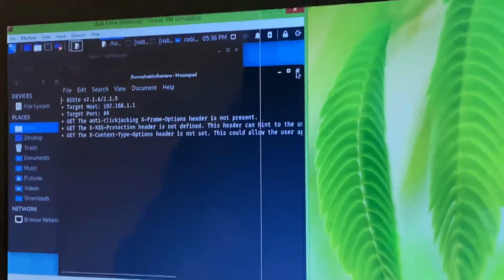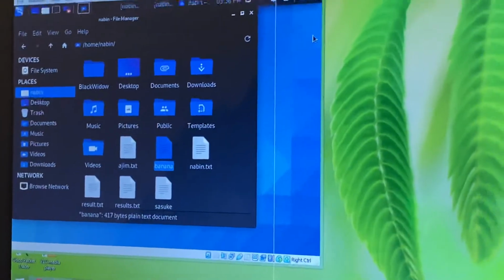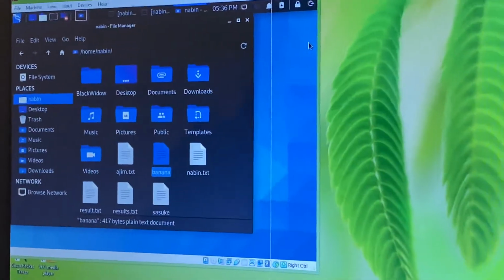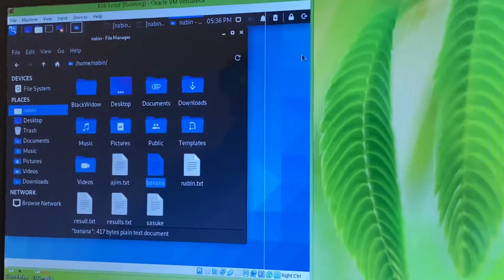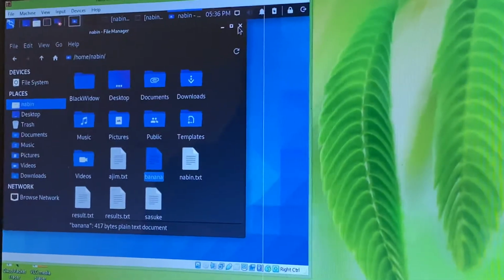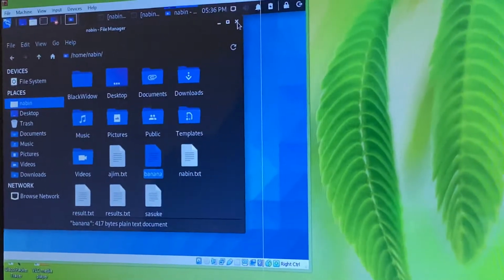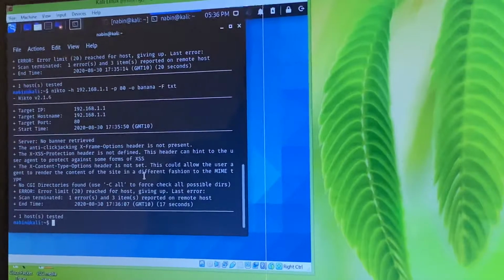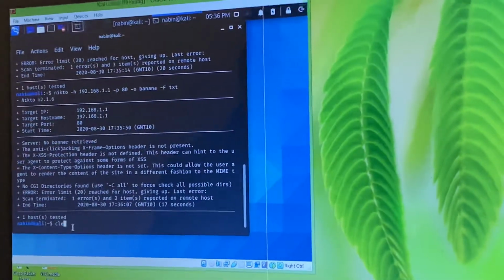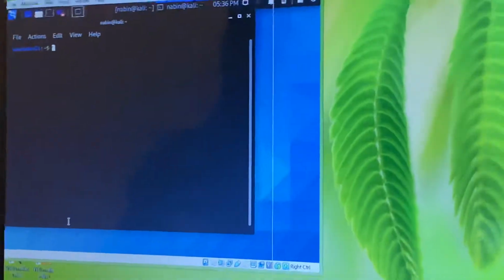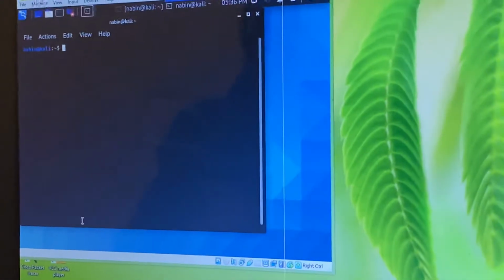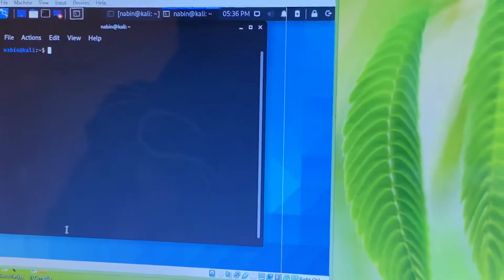And the last one is Uniscan. Uniscan is a collection of all the arguments and tools for websites. Let's first clear this terminal. First of all, we need to install Uniscan before starting any scanning by using this scanner.